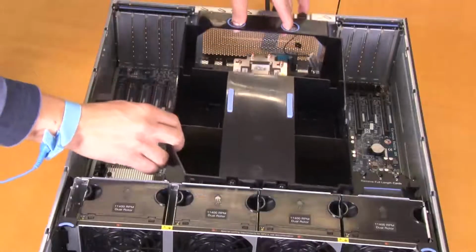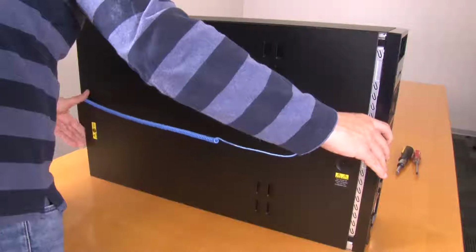Install the following components: the air baffle, the top cover,